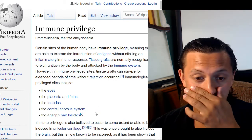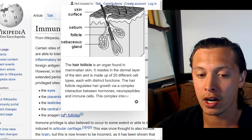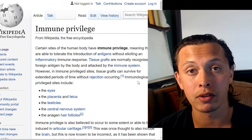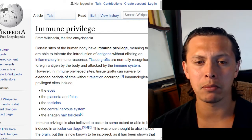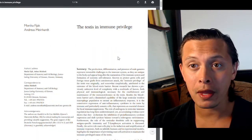Continuing, the testicles, the central nervous system, and the anagen hair follicles. So your hair follicles can also be an immune privileged site. Now that I think about that, I wonder if that's why acne can be such a big problem. I'll look into that as well. Regardless,